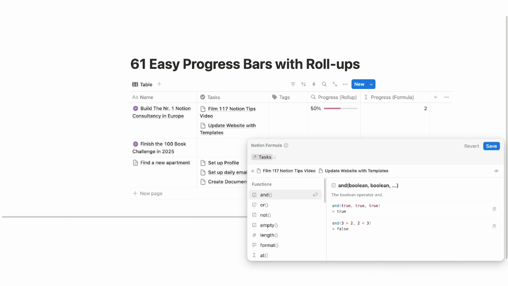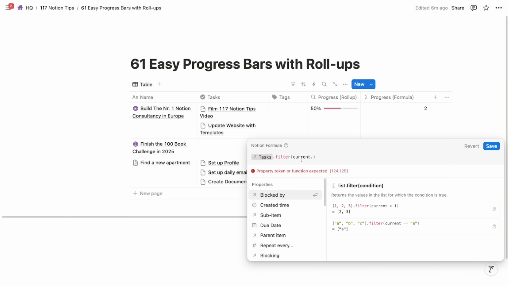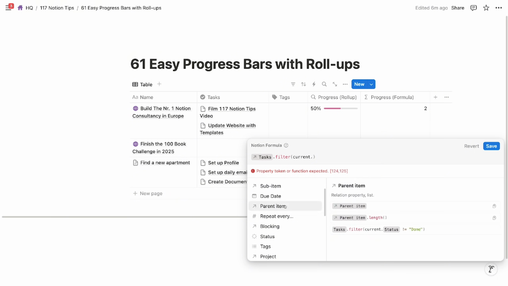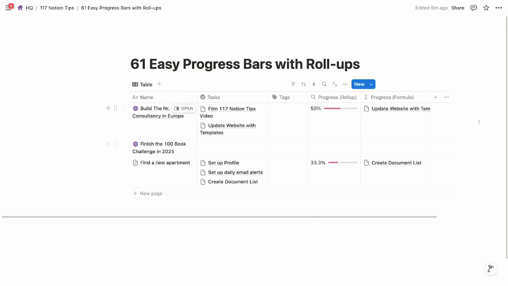So we type dot filter, and now we can say current, which will go over every single element of that relation. And I say we only want to show this if, and now you see after I type current dot, we get all the properties from our task database. And I will say, just give me the ones where the status equals done. And now if I click save, I see that I have this relation where I have only